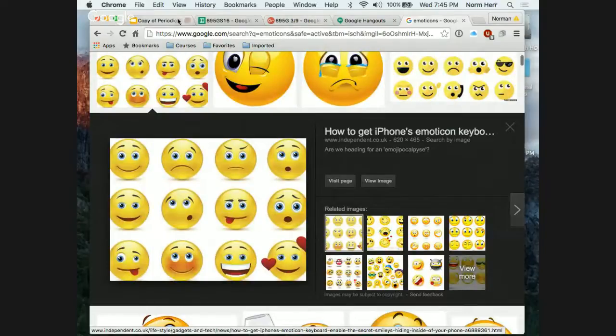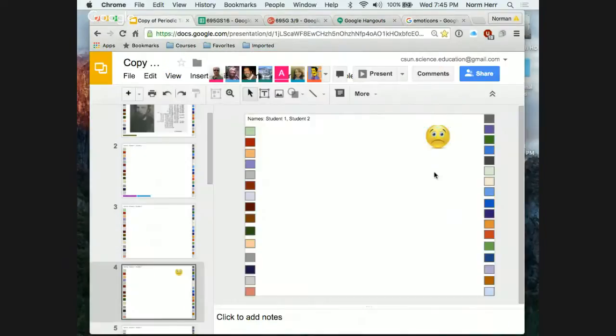And then he puts them on the side here. Now, let's say that each student has their emoticons, all right? Once you've just copy and paste. And so